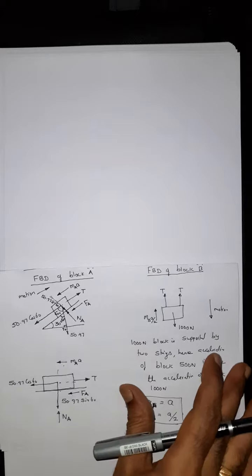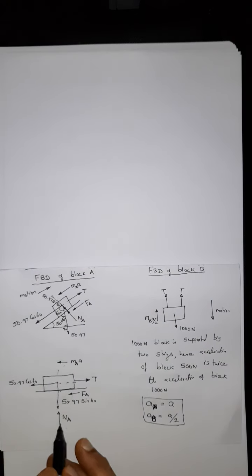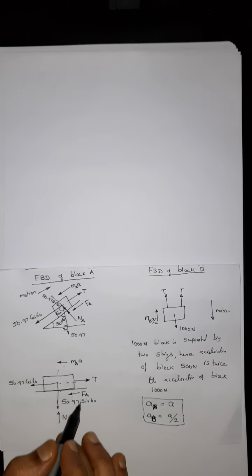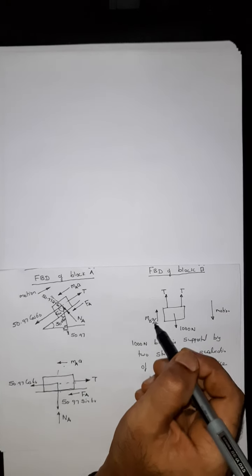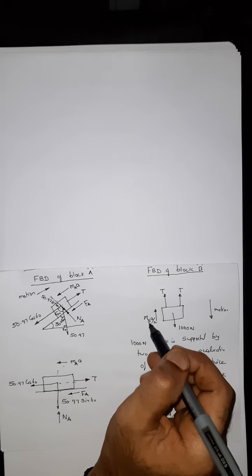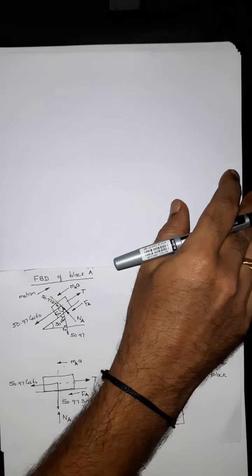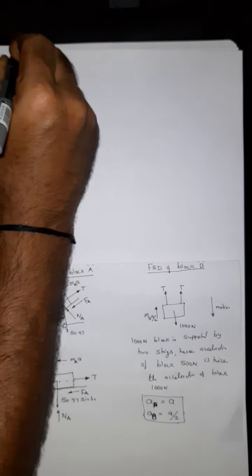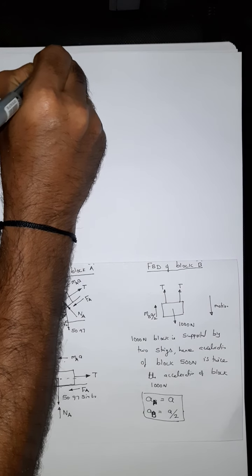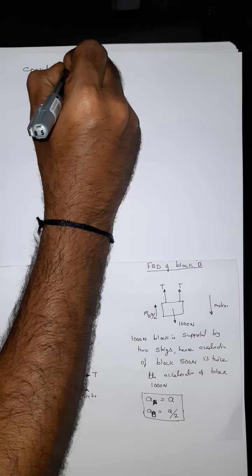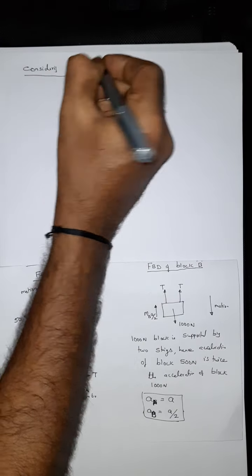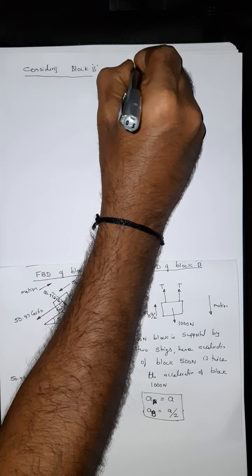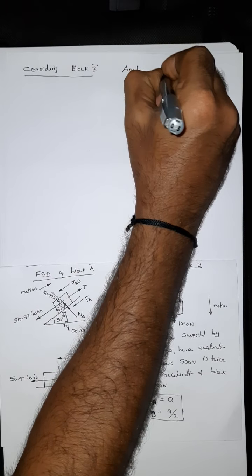Now, where to start? Count the number of unknowns here. There are 1, 2, 3, 4, 5 unknowns as far as block A is concerned, whereas for block B there are 1, 2, 3 unknowns. So, I'll start with block B. Considering block B, applying the equilibrium condition,